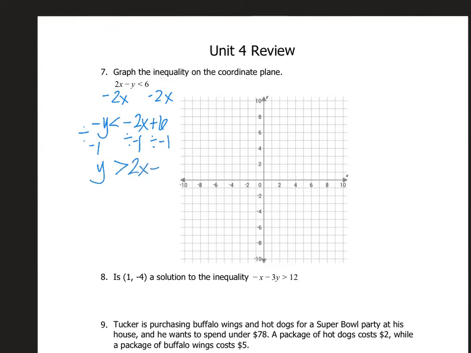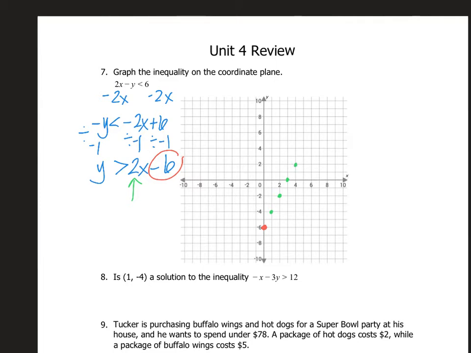And so now, whoops, don't forget to change that plus 6 to a negative 6. Okay, so now we can graph. So our y-intercept is -6. So let's put a point at -6 on the y-axis. And then our slope is 2. So it's a +2, so we need to go up 2 over 1, up 2 over 1, up 2 over 1, up 2 over 1. Okay,